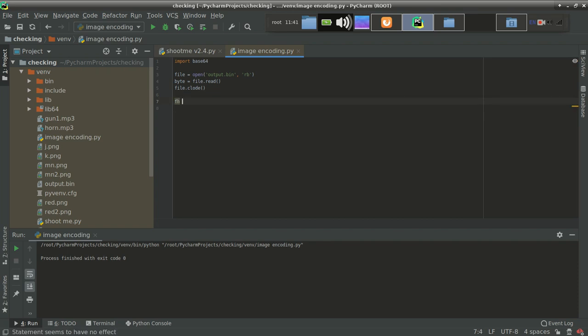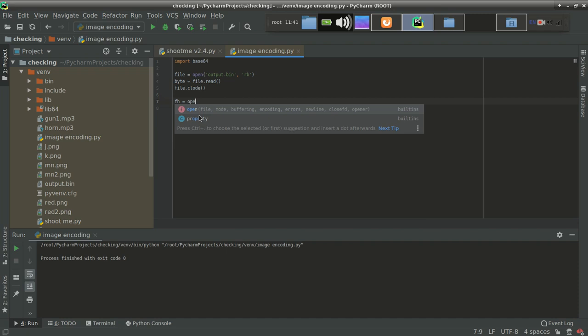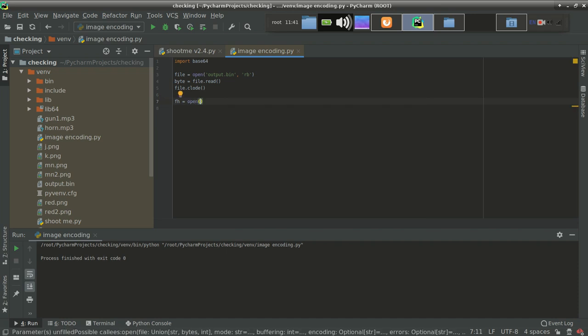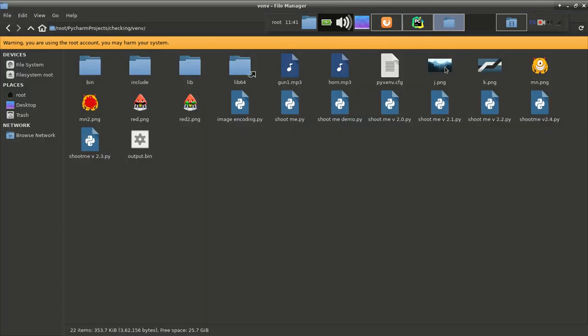We have to again open a file, fh equal to open. Then what should be the name of the image? Let's see whether we have that image or not. You can see that here we have j.png, k.png, mn and so on. There is no image related to verification.png.